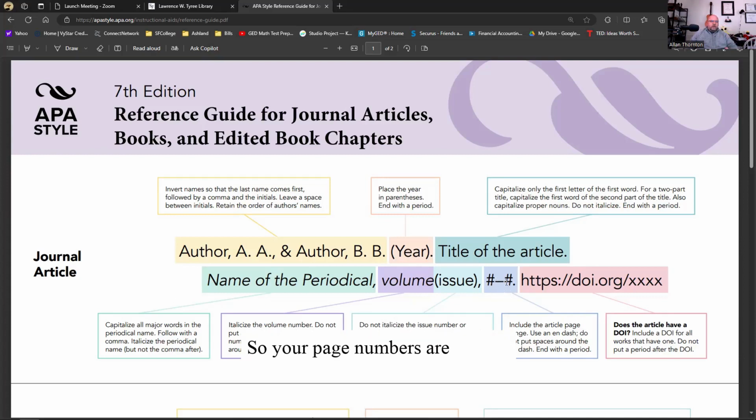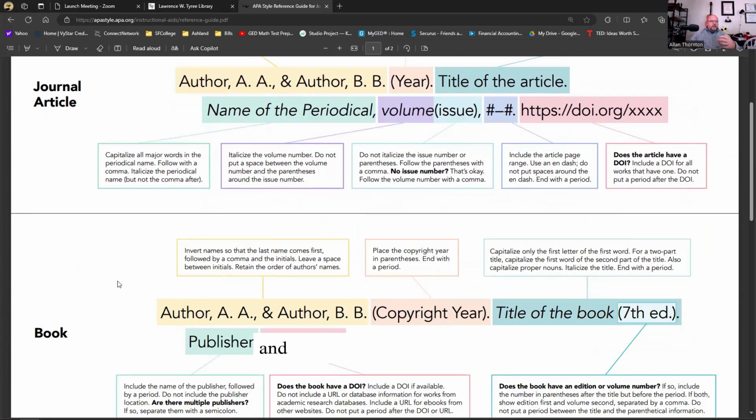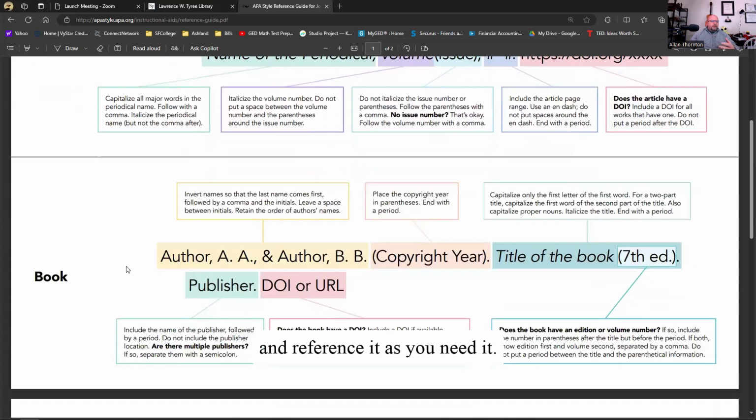Your page numbers are helpful so that when you do your inline citations, you can pull from here. And if the article has a DOI, sometimes it's listed at every page on the bottom. Other times, when you pull it up from the library resource, you'll see that. But that's the basic setup. And like I said, I'm going to share this into Canvas so that you all have access to it and you can go back and reference it as you need. It may be wise to download this for future classes for future reference.